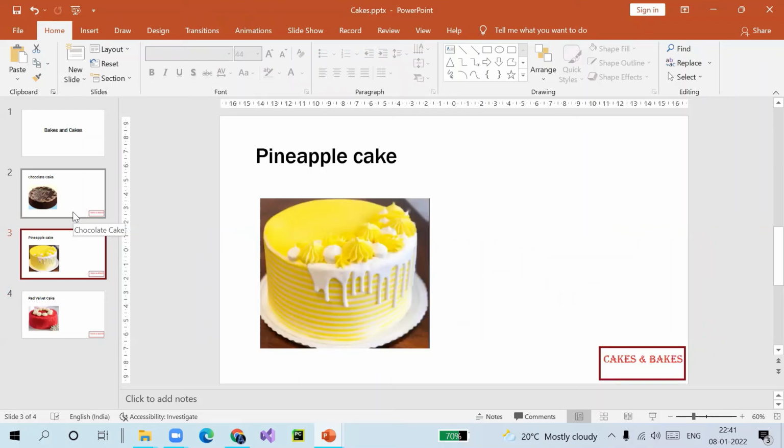So Slide Master is very helpful when you want all your slides to contain the same fonts as we saw, background, effects, and images such as logos. So you can make those changes to the Slide Master and they will be applied to all your slides. Okay. So I hope this is clear to you.